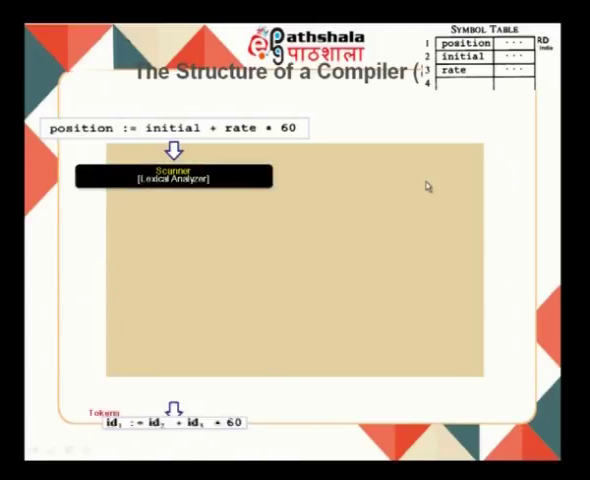1 here. Now, if this is given to the lexical analyzer, it breaks this into tokens. It groups initial as one token, rate as one token, plus is another token, star is another token, 60 is another token. Same is the case with position and equal to. Since these are variables, it is going to give identifier 1, identifier 2, identifier 3 to these variables, so it is going to be ID 1, ID 2 and ID 3. So, it simply breaks this into lexemes, which is nothing but a sequence of characters, and assigns a